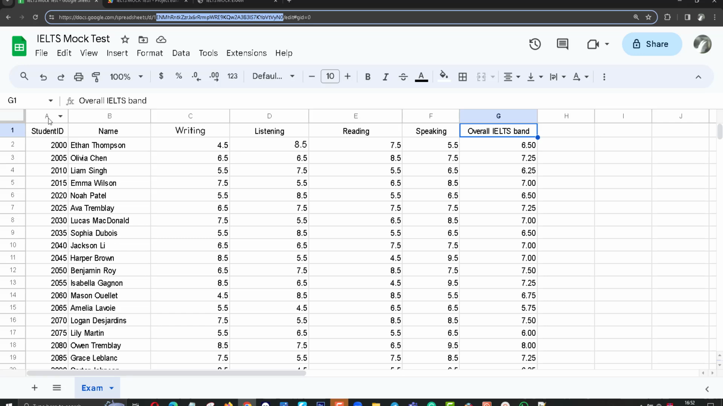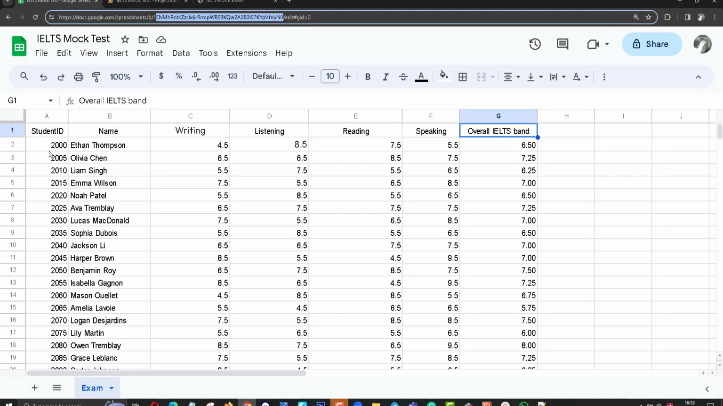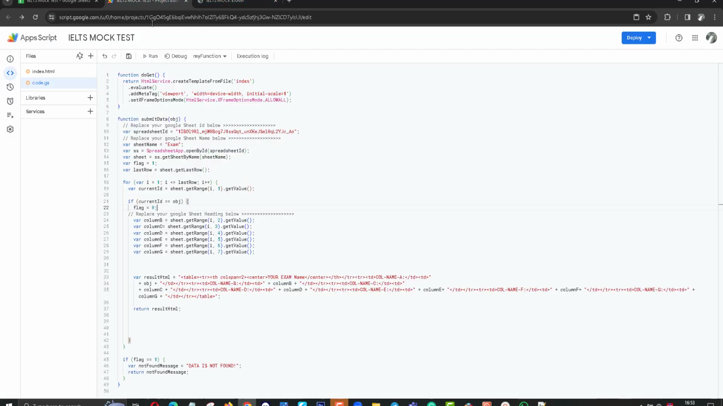This is the column A, B, C, D, 1, 2, 3, 4, 5, 6, 7 columns there. I want to show, when someone searches the student ID, the name and marks for each component: writing, listening, reading and speaking, and overall IELTS bands. Okay friends,